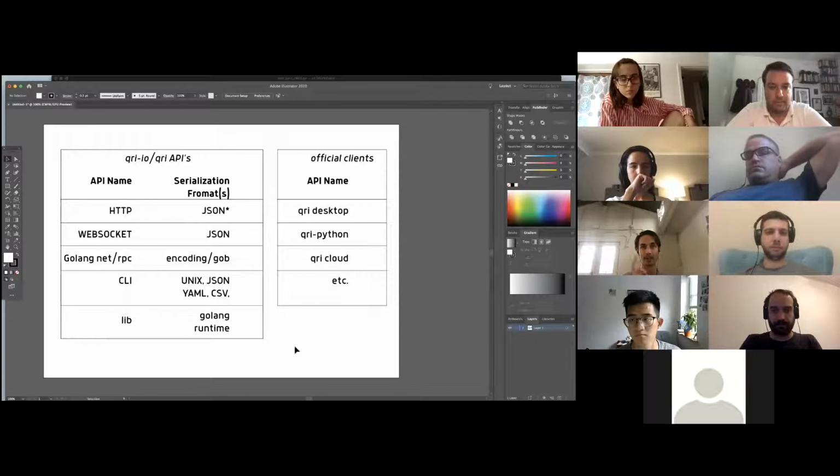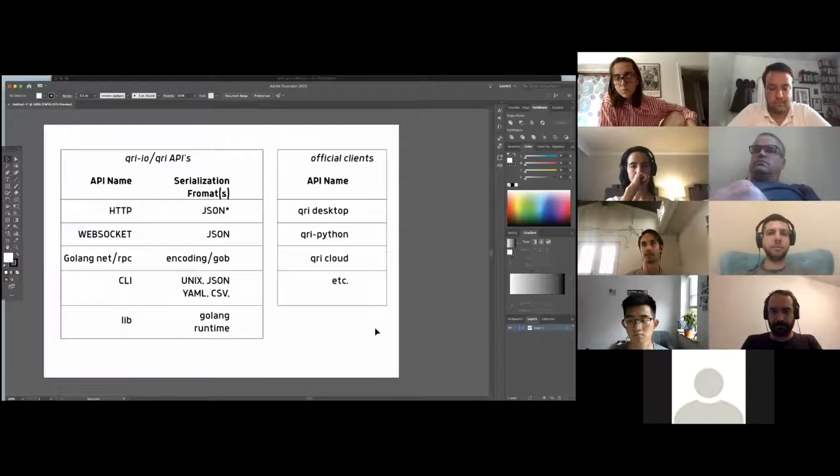Two places that are not listed on this chart that are worth bringing up: we've had some situations where very small, light parts of Query have needed to be implemented in JavaScript for the desktop project, which is the first thing I'd like to bring up. And none of these are the actual interaction with IPFS or the creation or persisting of data, but rather the way that we parse dataset